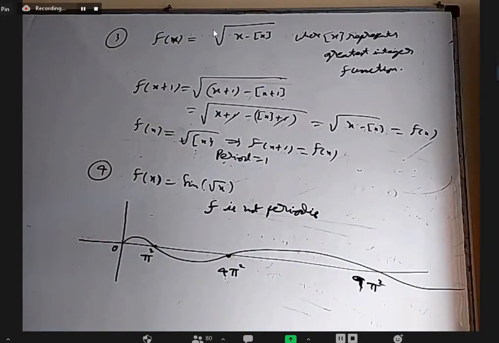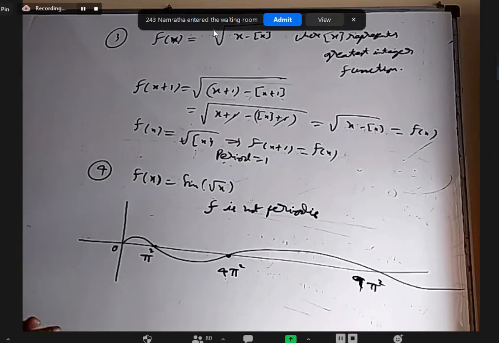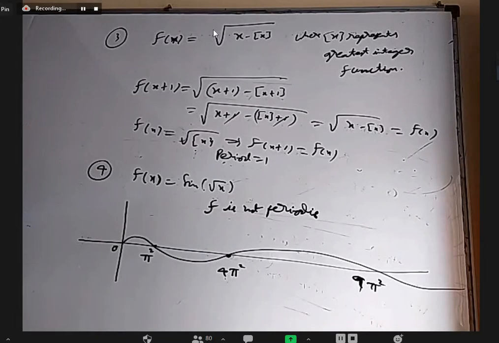Is everybody clear about fourth one? Yes, sir. Okay. All of you remember we drew this graph earlier. Okay, that's it. I'm not going to spend too much time on periodicity because we studied it in trigonometry. Now I'll just finish off the odd numbers here, and even numbers will be your homework.